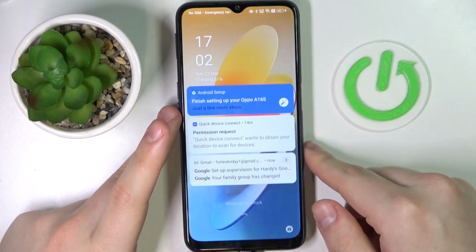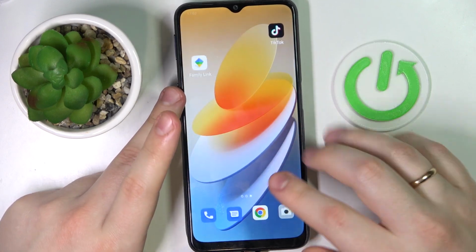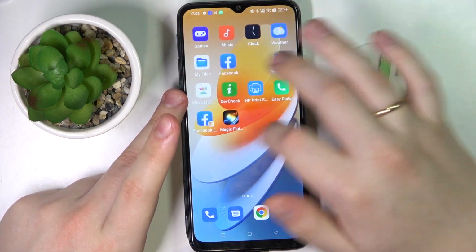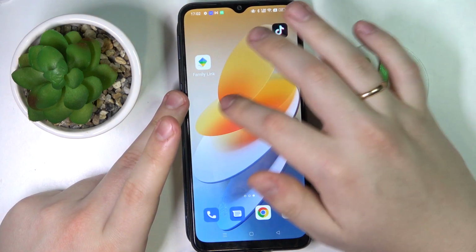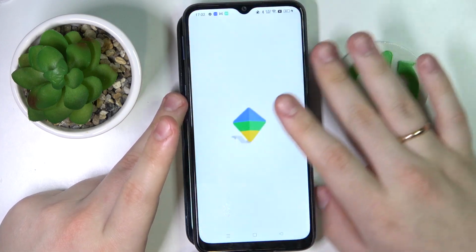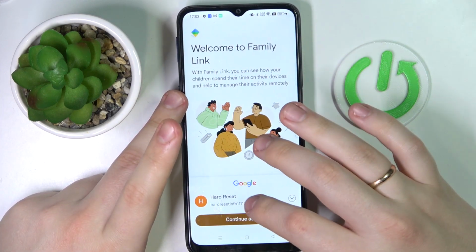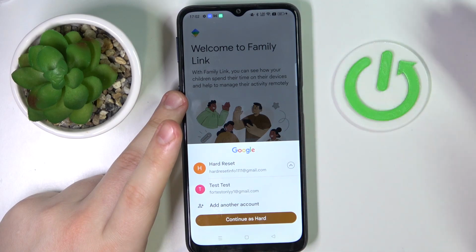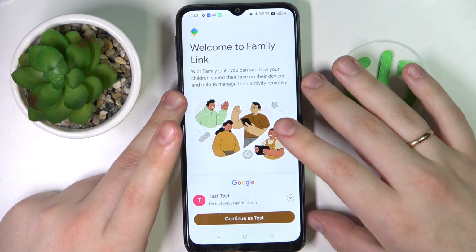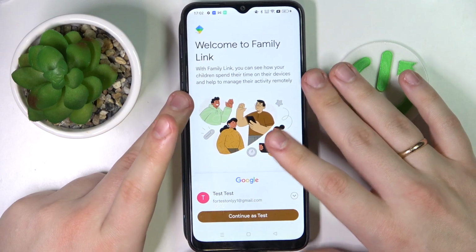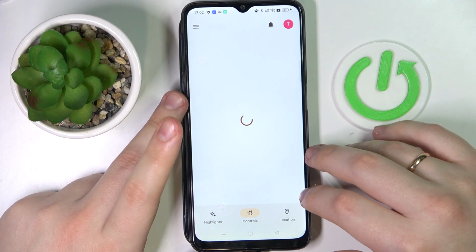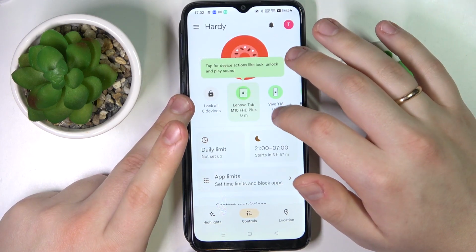So now you need to take the parent's device, download the Family Link app from the Google Play Store for free. Then launch it. In here, make sure to choose the account that you have earlier identified as the one that belongs to the supervisor. Then continue. And in here, as you can see, we have our